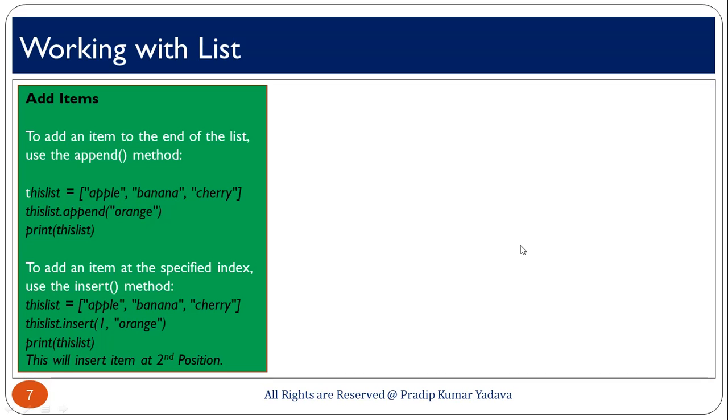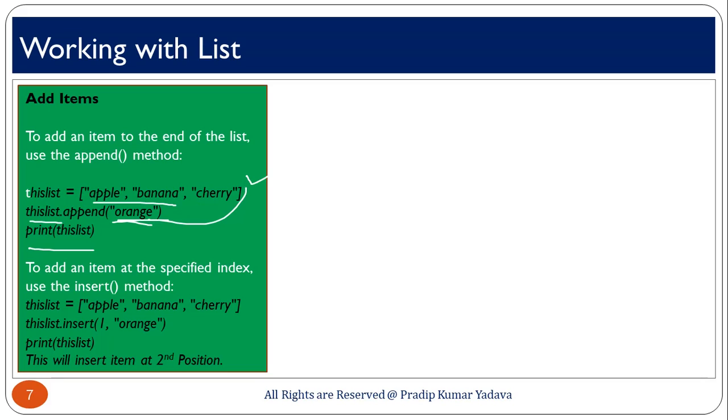So, now talking about how to add an item to a list. Suppose there is an existing list, and you want to add an item to that list. So, we have two methods. By using those methods, you can add an item to an existing list. One is the append method. By using append, you can add, suppose this is a list, okay, and in this list you want to add any item. So, just write this list dot append and pass the item, whatever item you want to add, and when you return this, you can see that in this list orange is already added.